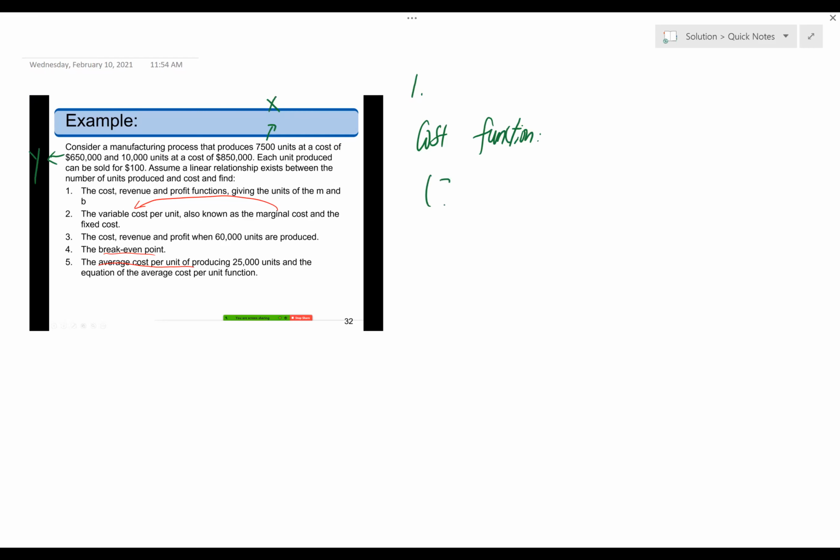When 7,500 units are produced, the cost is $650,000. And if there are 10,000 units produced, the cost turned out to be $850,000. You want to put a dollar sign in front of it. Okay. So just like in any equation, when you are given two ordered pairs,